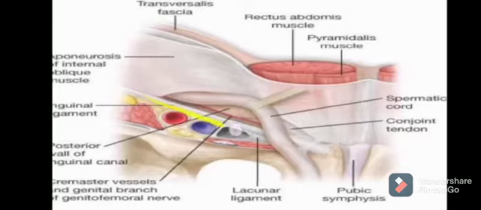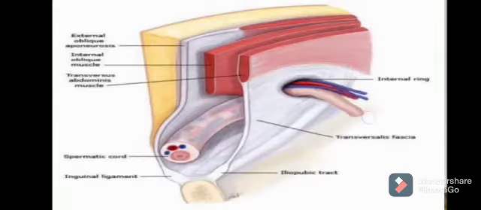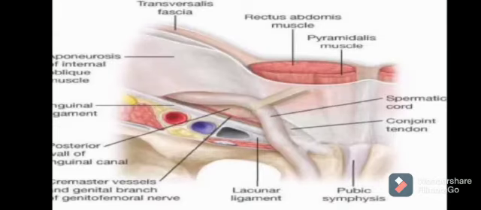Okay, so here in this picture you can see this is the inguinal ligament, and these are the femoral artery and vein coming below. Here is an important structure called the lacunar ligament. Actually, a part of the inguinal ligament is reflected, triangular in shape, and it gets inserted on the pecten pubis just to provide strength in this part. We have an opening here which is called the superficial ring, so this part is potentially weak.